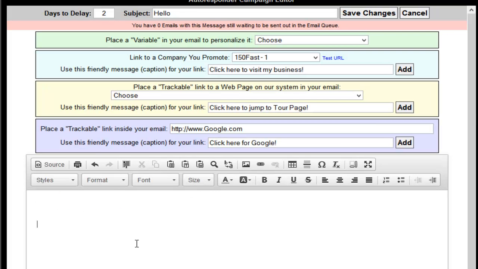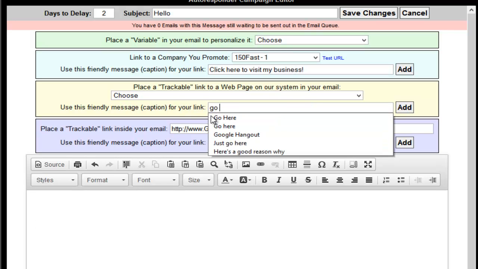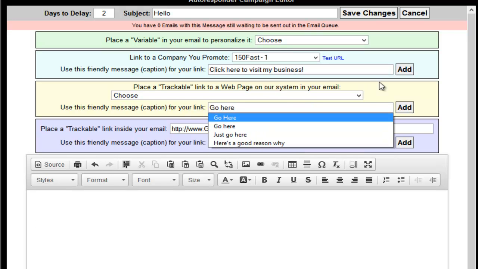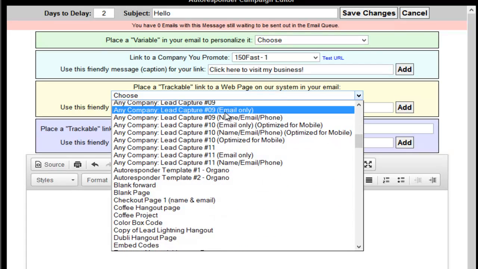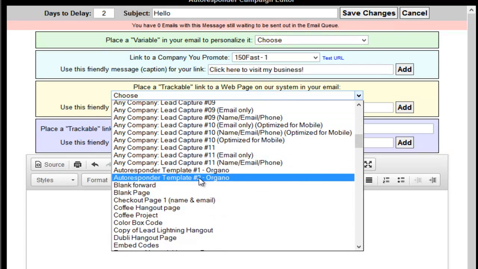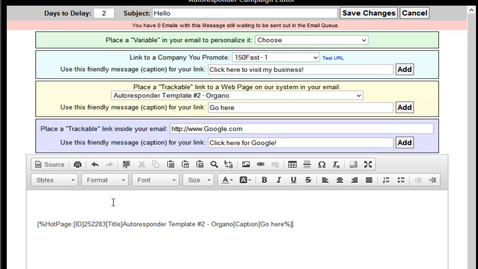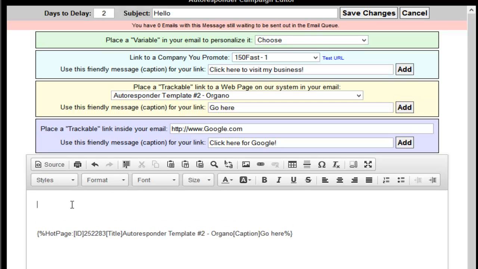So what I'm going to do here is create a clickable link that links to autoresponder template number 2. So I'm just going to put, this time maybe go here, and then I'm going to find that in the drop-down menu, and here it is right here. I'm going to click add,